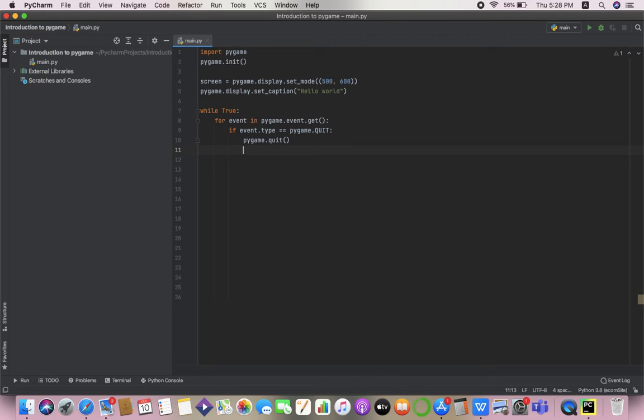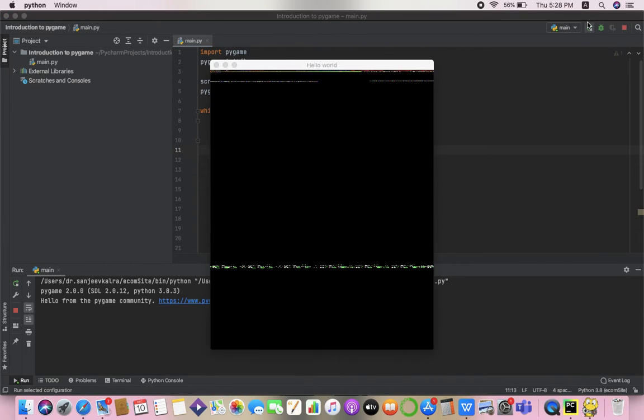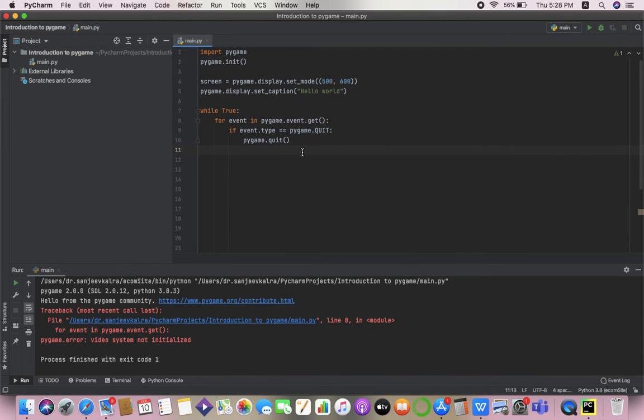And now let's run it again. So now you can see that the name is also Hello World, and the width is 500 pixels and the height is 600 pixels. And after we have made the game, if we press this cross button, it quits successfully,